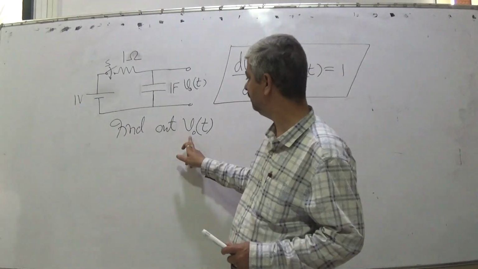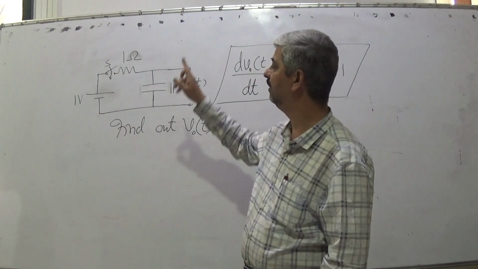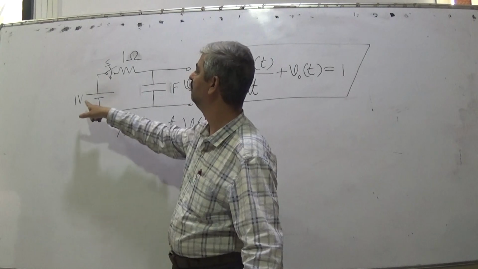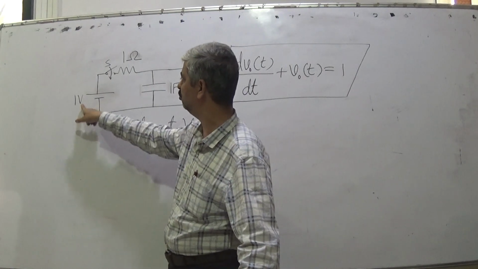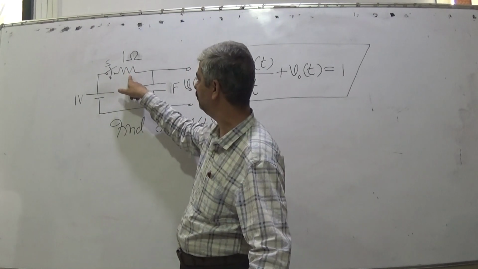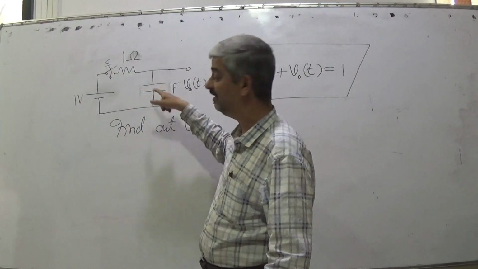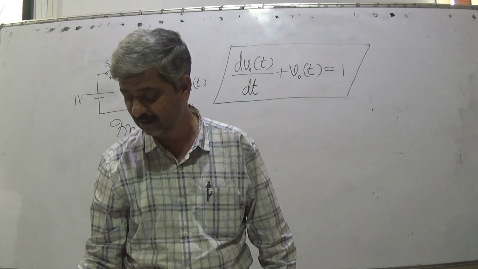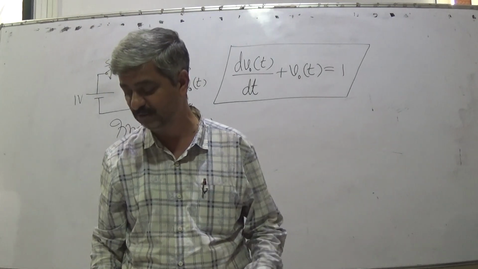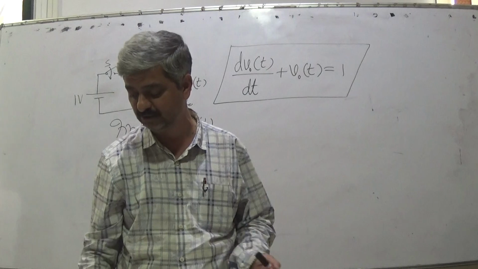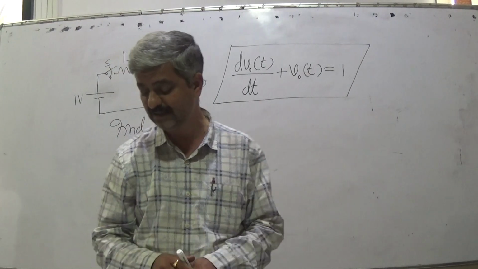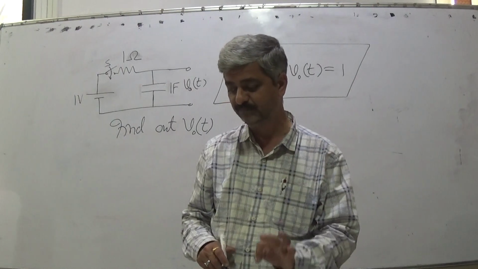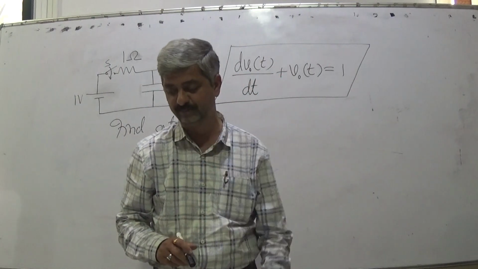What will be VOT if the switch S is closed at t equal to 0, which provides a 1 volt voltage source to a circuit consisting of R 1 ohm and C 1 farad, with initial voltage on the capacitor maybe 0 volt, maybe 2 volt, maybe 1 volt, maybe 3 volt, anything. So unless you specify the initial value of the capacitor, this description is not complete.